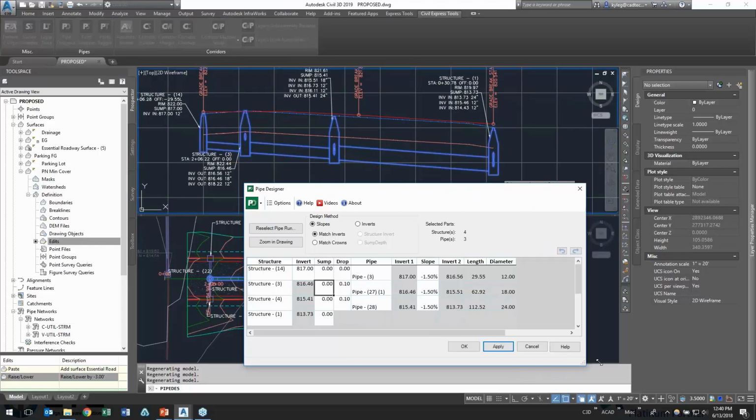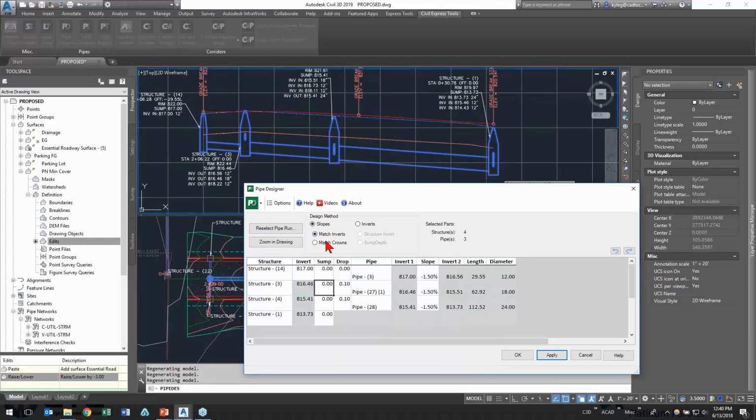But I don't always want to match my inverts. Sometimes I want to match my crowns. I get a little bit better hydrologic behavior when I do that. So when I switch to designing by slope by matching my crowns, I get a new column available to me. This is the matching factor. So when I'm going from an 18-inch, all of these pipes have a 6-inch difference in their diameter. So what this is saying, actually I'll hit apply here with it at 1,